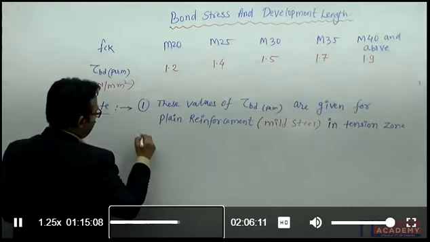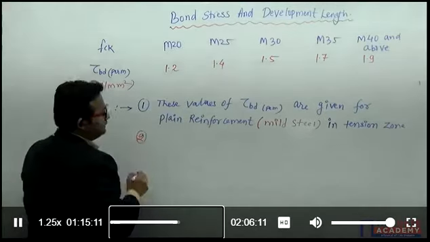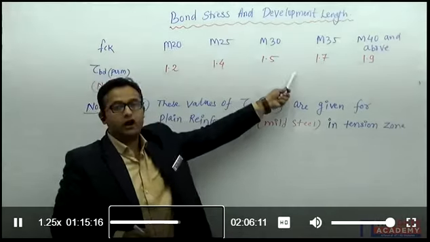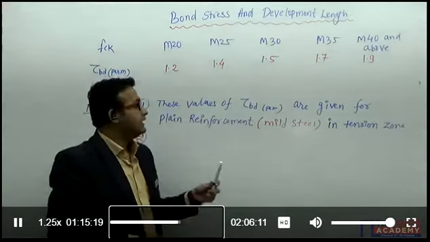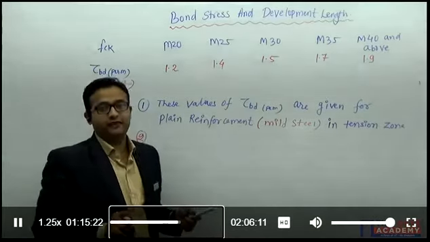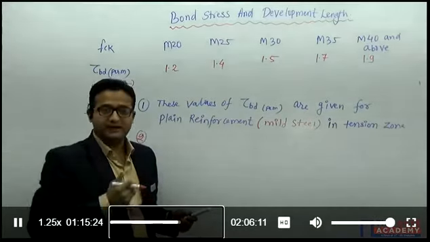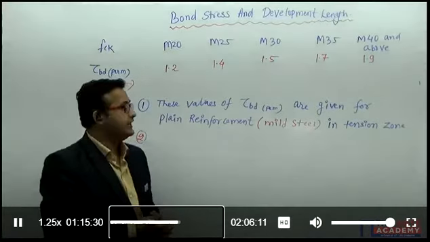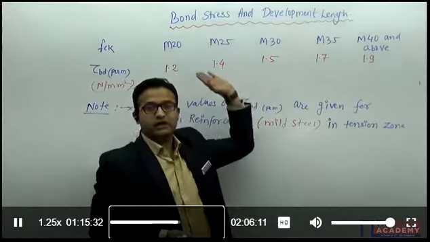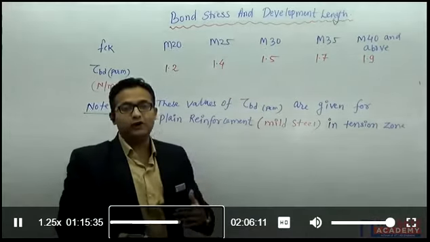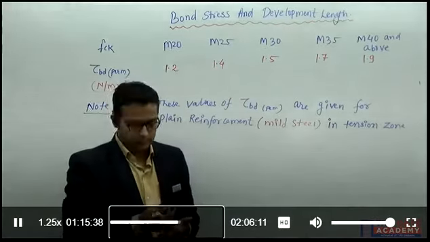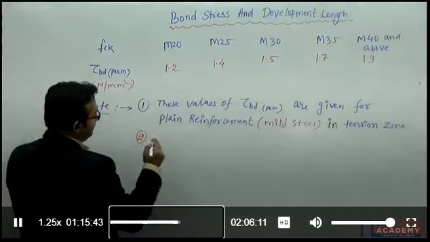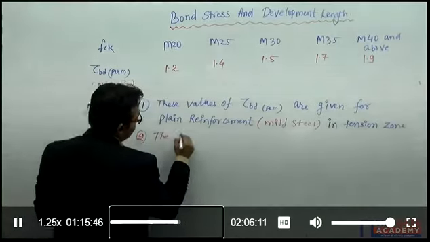If you want to calculate the tau BD for HYSD bars, see, these values are for, suppose in the beam we are using the grade of steel Fe 250 and we are providing this reinforcement in the tension zone. So there the bond strength of the concrete will be these values depending upon the grade of concrete. But suppose I am going to provide HYSD bars in my beam, so what should be the value of tau BD? So here we can write: the given values